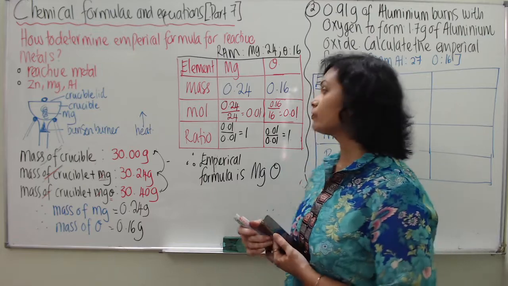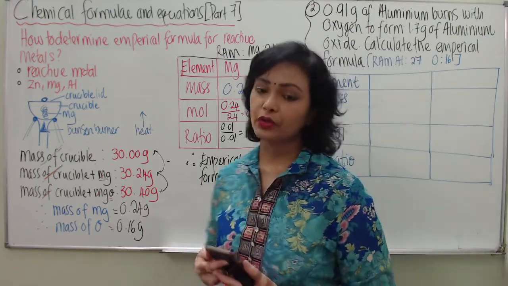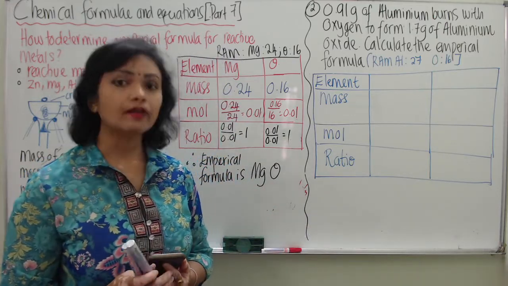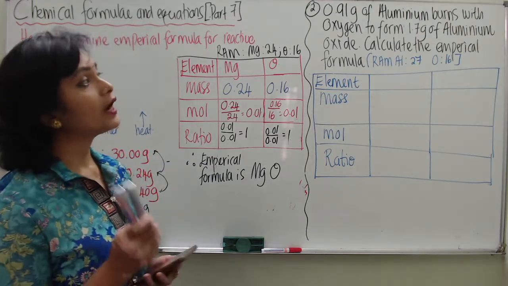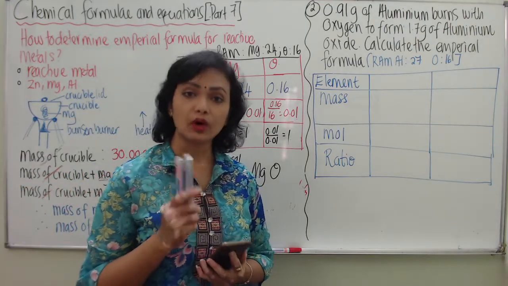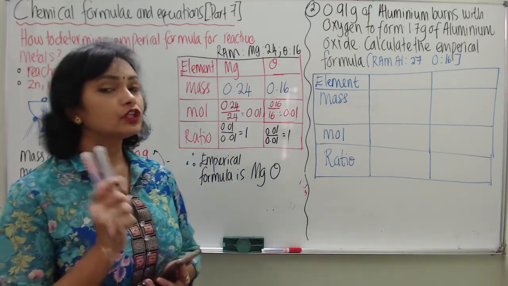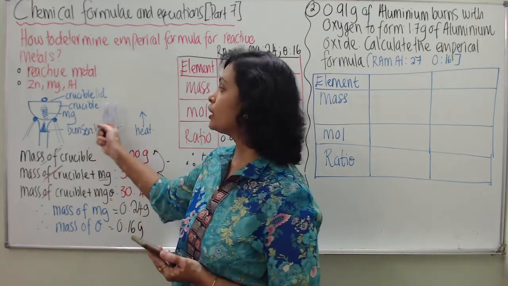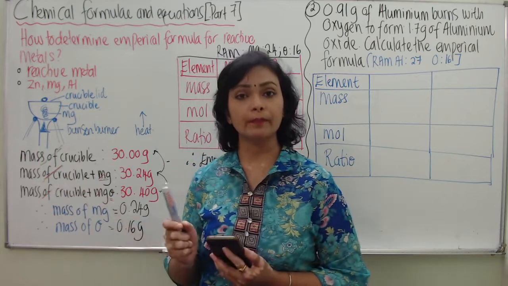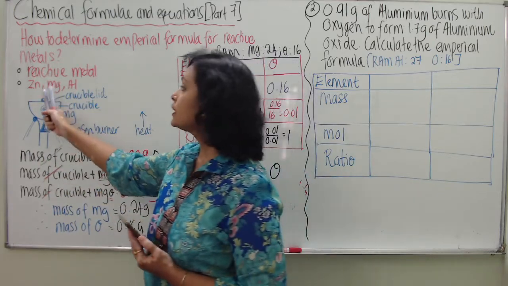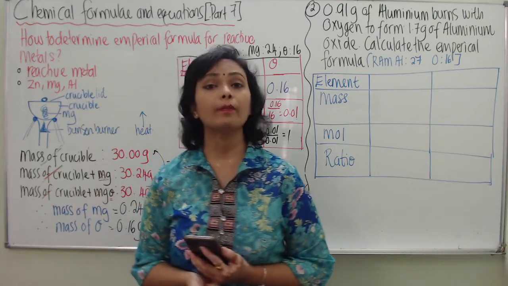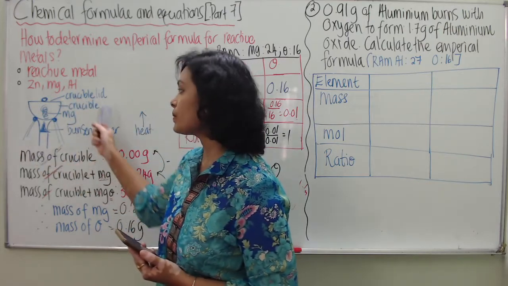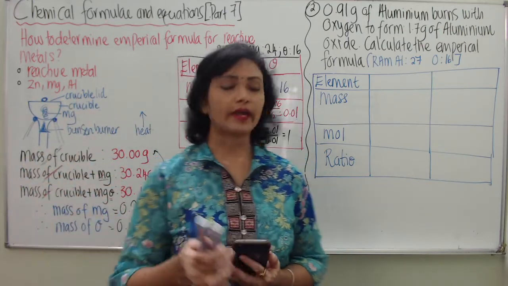Now, without further ado, let me help you to discuss another example of empirical formula calculation. And this time we are involving a substance called aluminium oxide. Please remember, if the teacher mentions the word aluminium oxide, students must automatically know that the teacher has used this method to determine empirical formula. Why? Because zinc, magnesium, aluminium are the metals which are used to determine empirical formula using this method, the crucible method. Alright? Okay, so let's start.